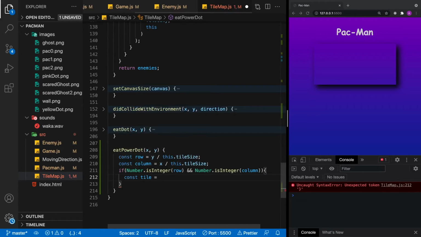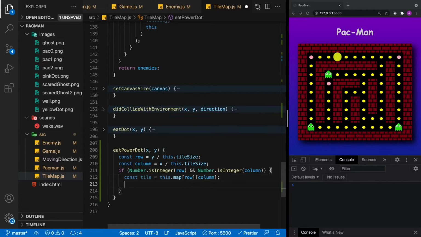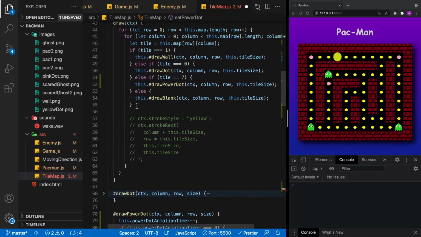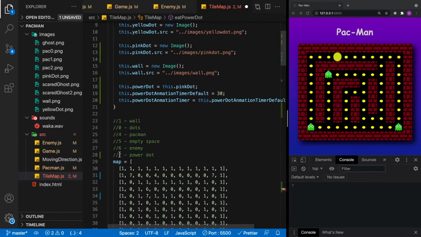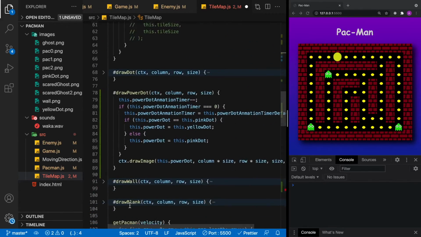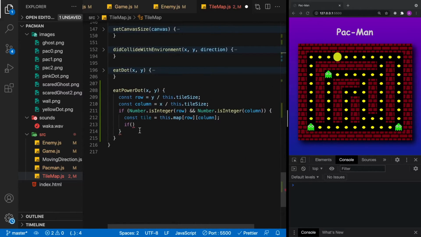So we can say the tile is equal to this.map and give it the row and then the column. Once we have the tile, we can check if that tile is equal to the power dot. Our power dot we defined as number 7. So let's say if tile is equal to 7, then